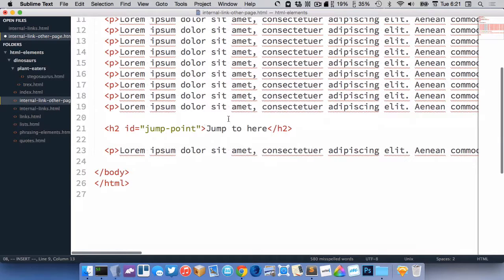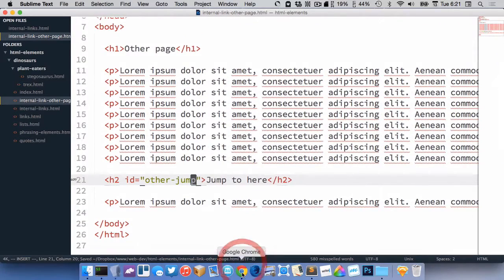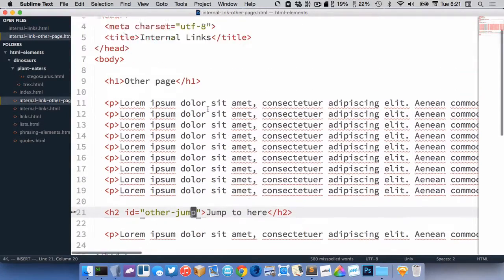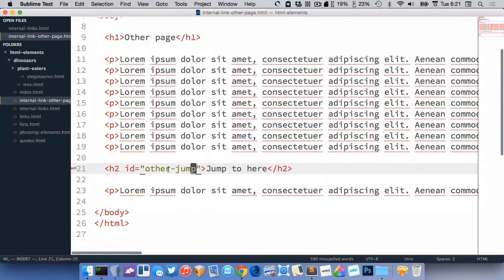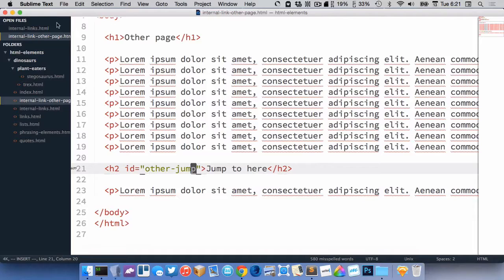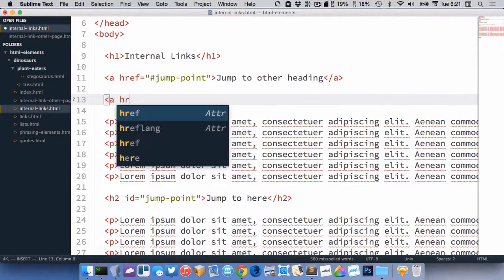So maybe I want to jump to this location here. Let's change the ID to whatever we want. Change it to other jump. Now what I want to do is on this page here, I want to have a link that when I click on it, it goes to this other page and also jumps me down to here. And if we know that all that's happening is that the hash shows up in the URL, all we have to do is go to our page, make an A tag,